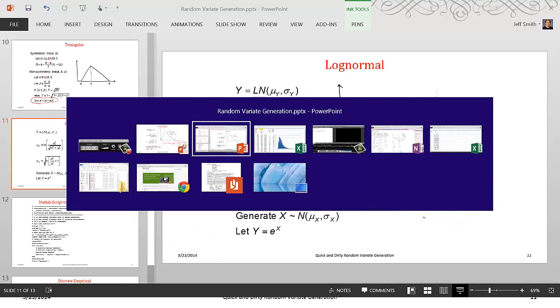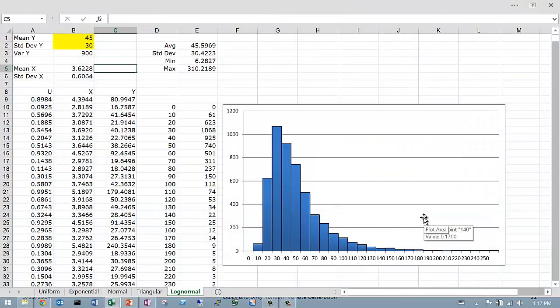So if we go to our spreadsheet, you can see on the log-normal page here in cell B1 we have the mean of y, which is our log-normal distribution, the standard deviation of y. Then we use those two values to compute